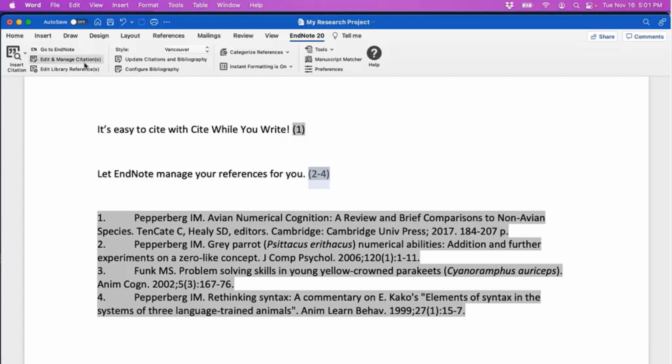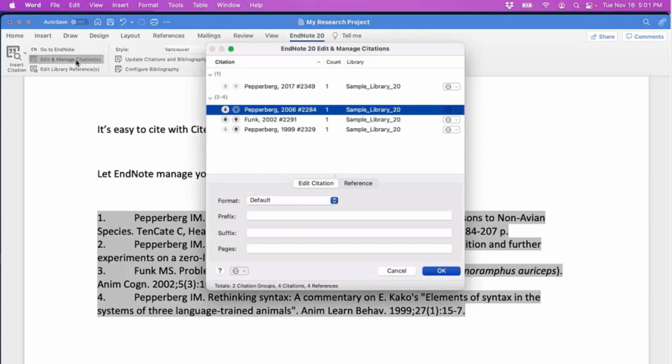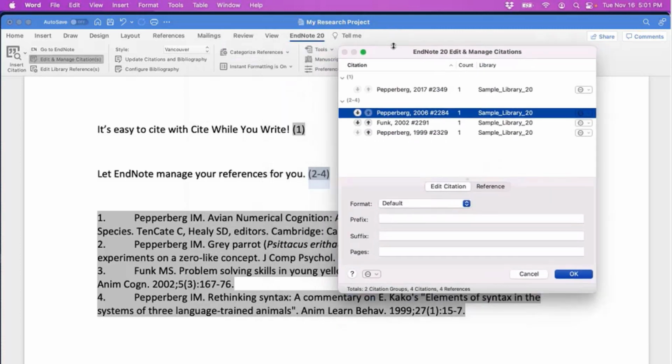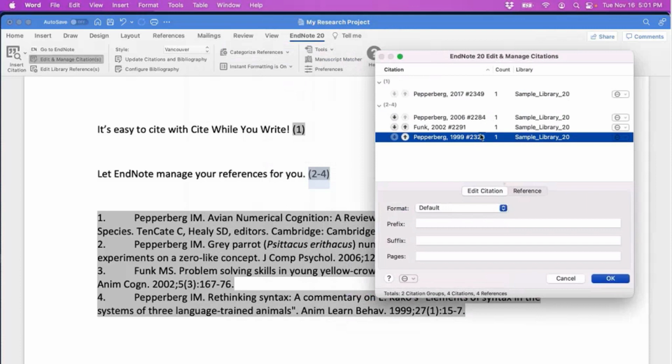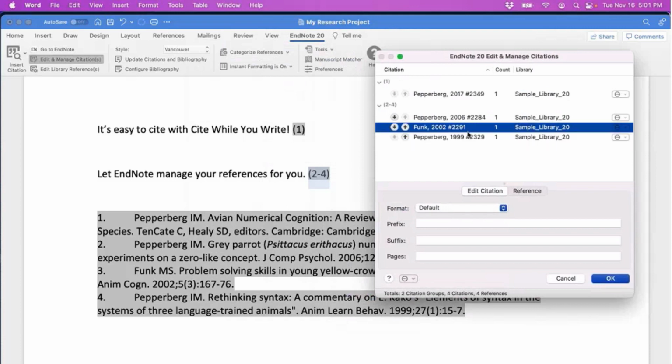From here, you can go to Edit and Manage Citations. And then from this window here, we see all of the citations in the document. Whichever citation you highlight will be in focus automatically. If it's a group citation and it's one of the subsequent references you want to handle, you may still need to highlight it within that group. And like I was mentioning, we want to remove these as an example. So this reference from the first author whose surname is Funk, if we highlight that entry here, we can click the little ... menu on the right side of that entry, choose Remove Citation.